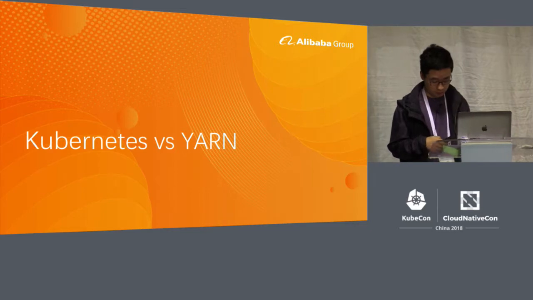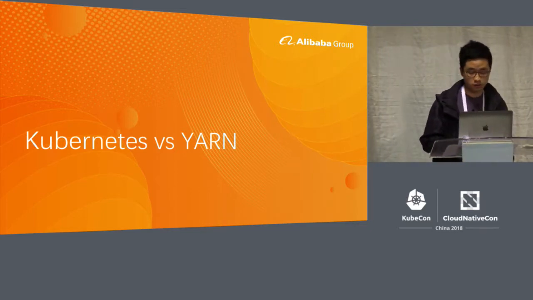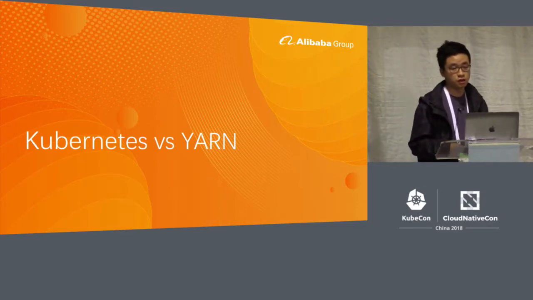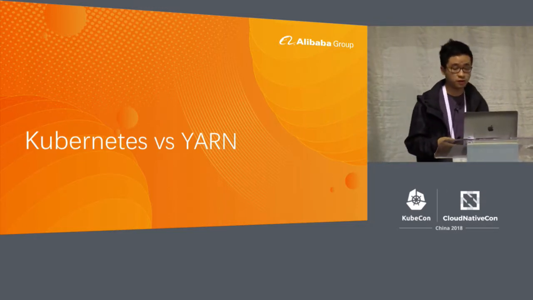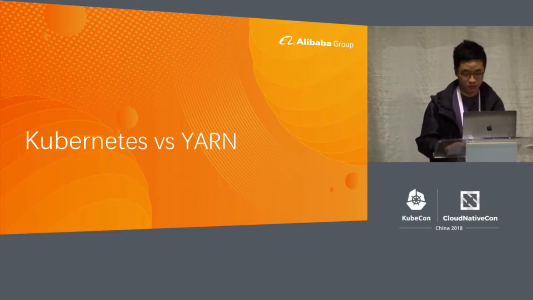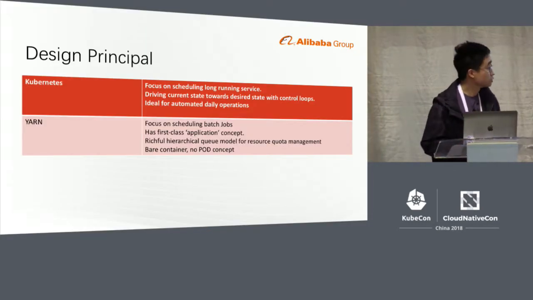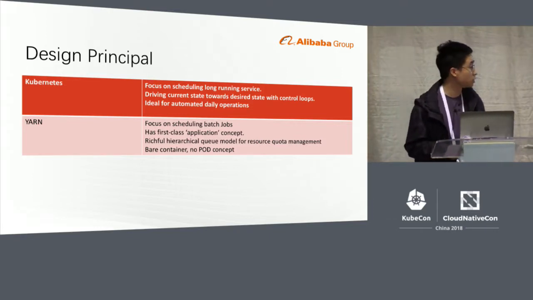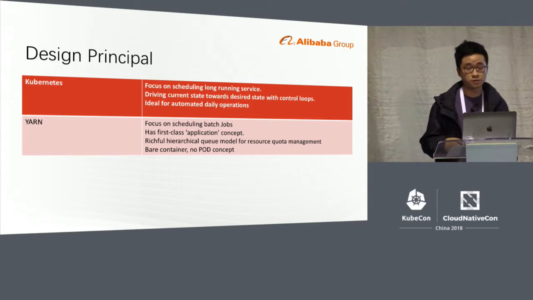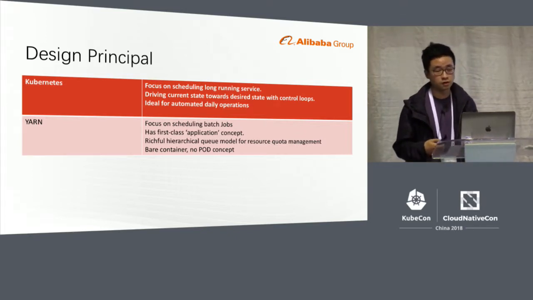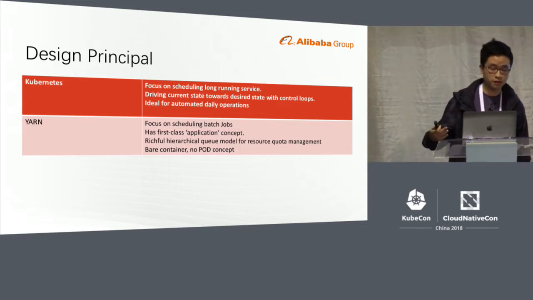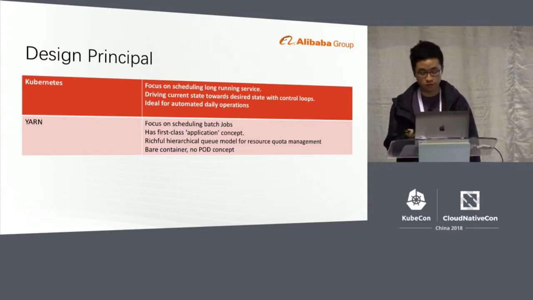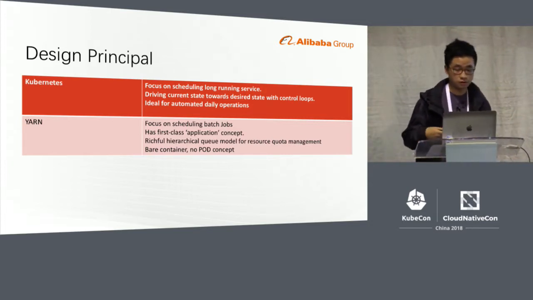So at last, I would like to talk about the differences between the two projects, because personally I have deep development experience in both. I would like to explain the differences from their design and principles. First is Kubernetes. It is in charge of the dispatching. I think it is more related to operation and maintenance. We offer a final state, and the system helps to adjust the current state to the final state.